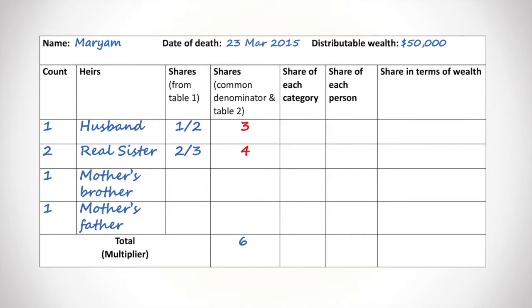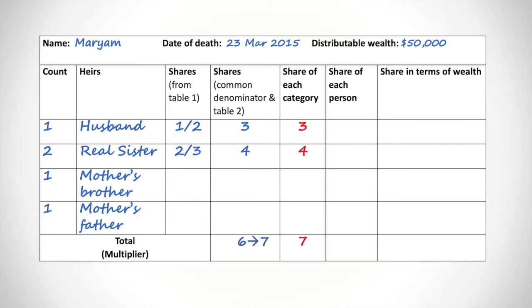Again, we see the same problem, that the total is 6, but we have distributed 3 plus 4, which is 7. So how do we tackle this again? We just increase the denominator or the total into 7, and this way both the husband and the sisters will get their share, but it will be slightly reduced because the total number of shares have increased from 6 to 7. And then we continue solving the question, and each of the sisters will get 2 out of 7